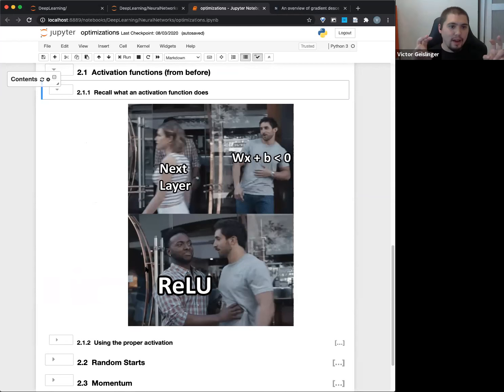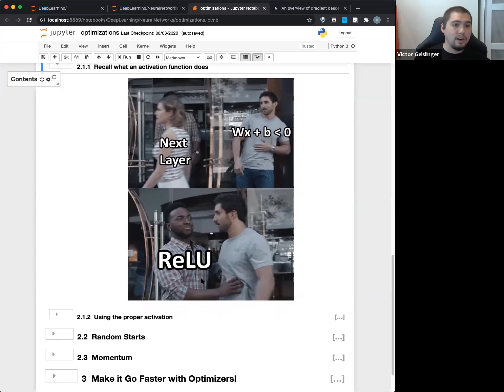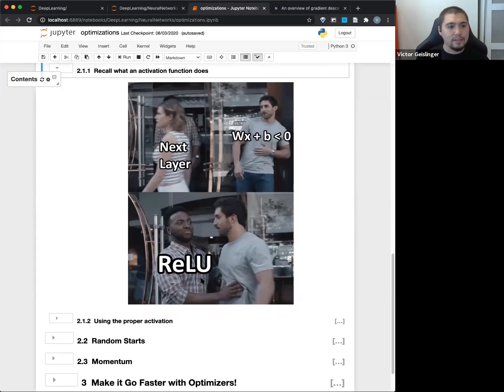And this value could also be adjusted. For example, in sigmoid, it would be between 0 and 1. With other functions like hyperbolic tangent, tanh, it would be between -1 and 1. But they do it in different ways. ReLU, for example, basically sets it to 0 if it's less than 0. So if it's negative, it just sets it to 0.